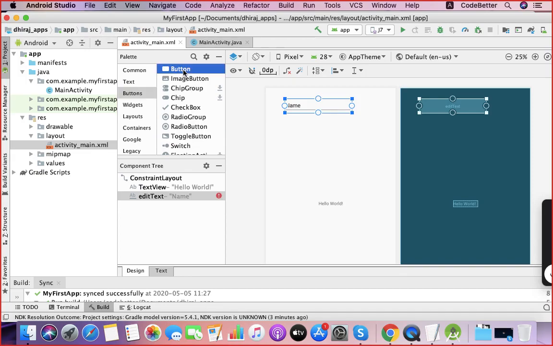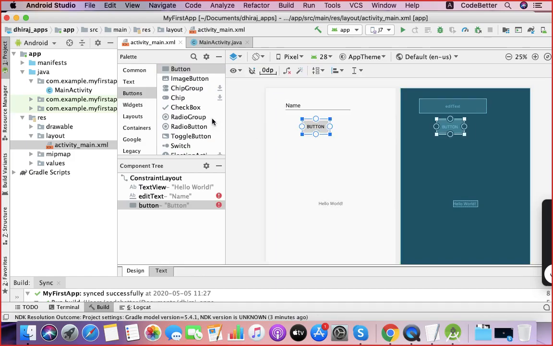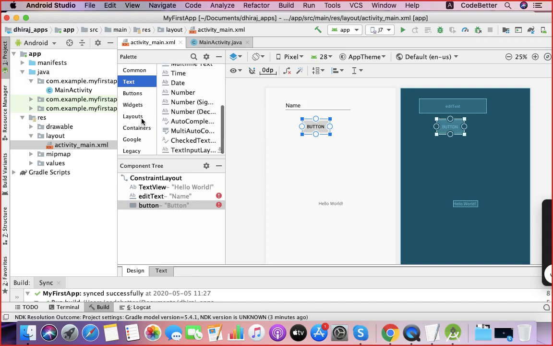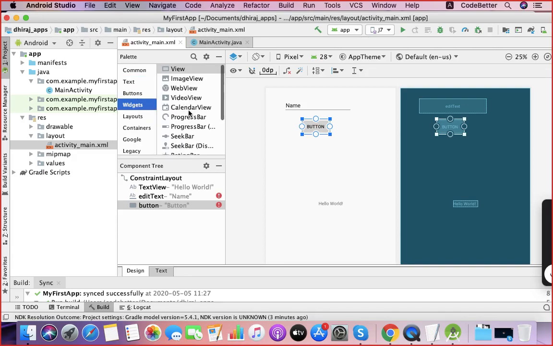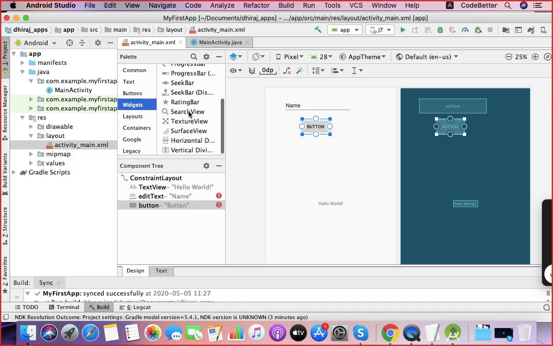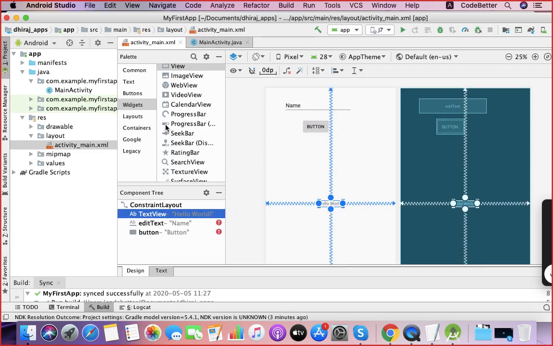Okay, and then if you want some label, you can go to widgets, and there is the text view.